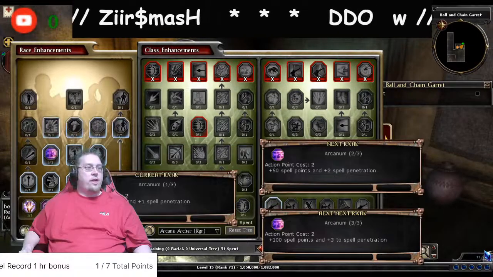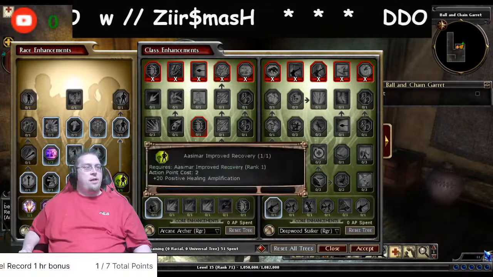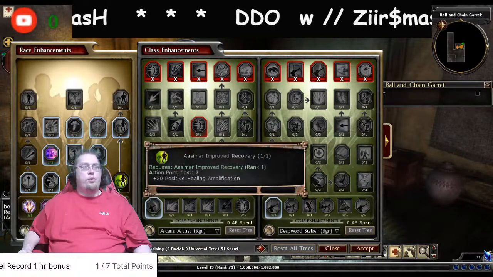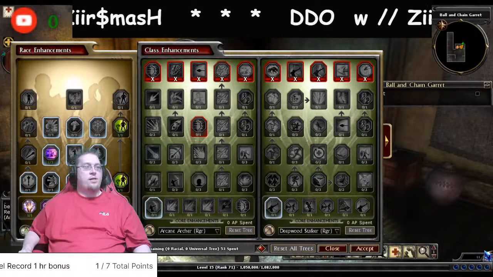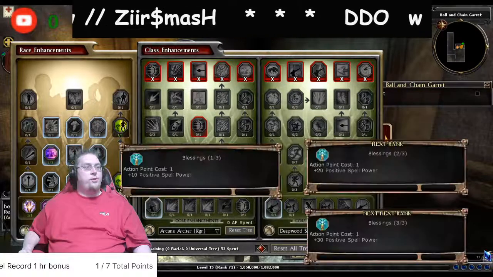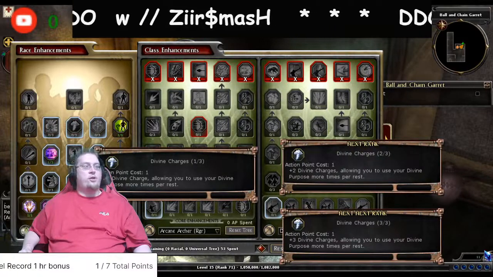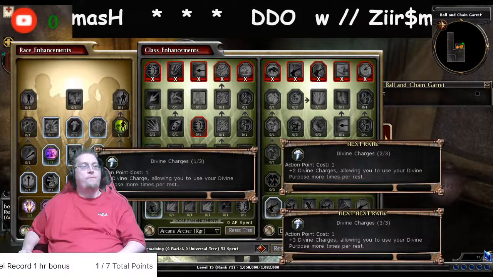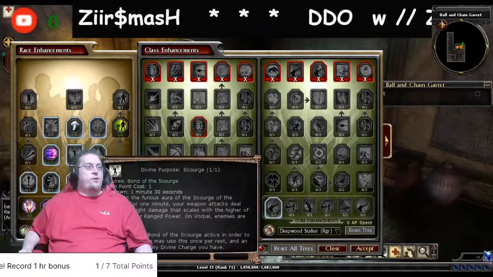We're gonna go with Arcanum 1, so that's 10, and then we get ASMR Improved Recovery, which is a +20 additional positive healing amp. And then we're gonna choose Blessings. No, we're gonna choose Divine Charge. It's 1 Divine Charge allowing you to use your Divine Purpose more times per rest. And then we're gonna choose Divine Purpose,